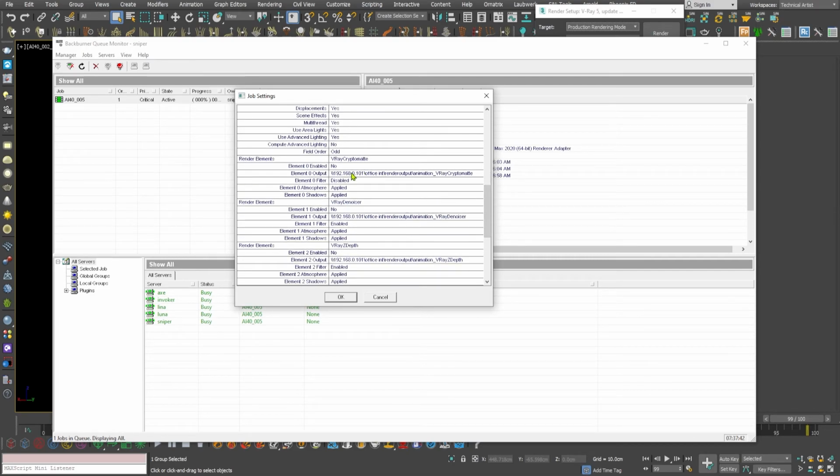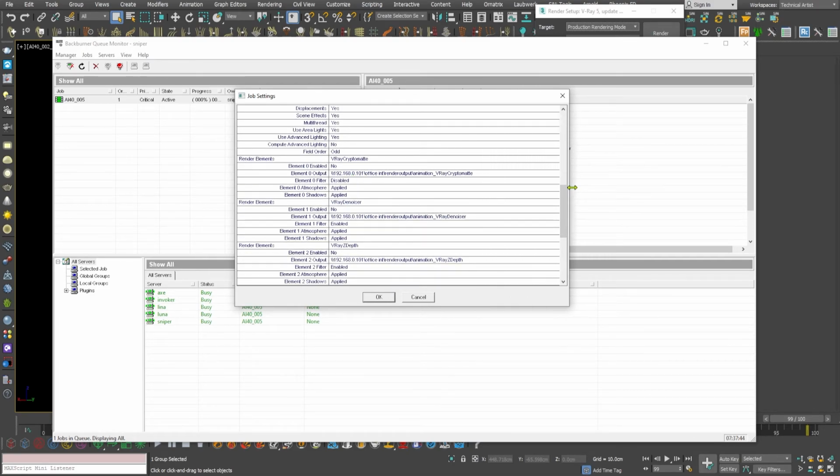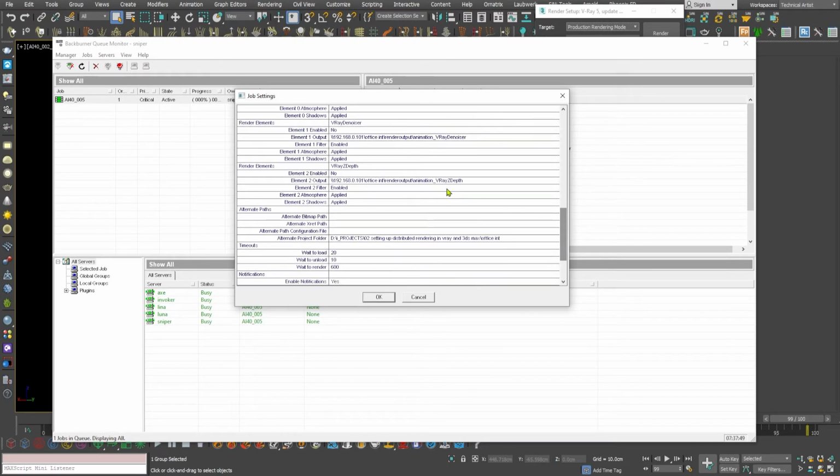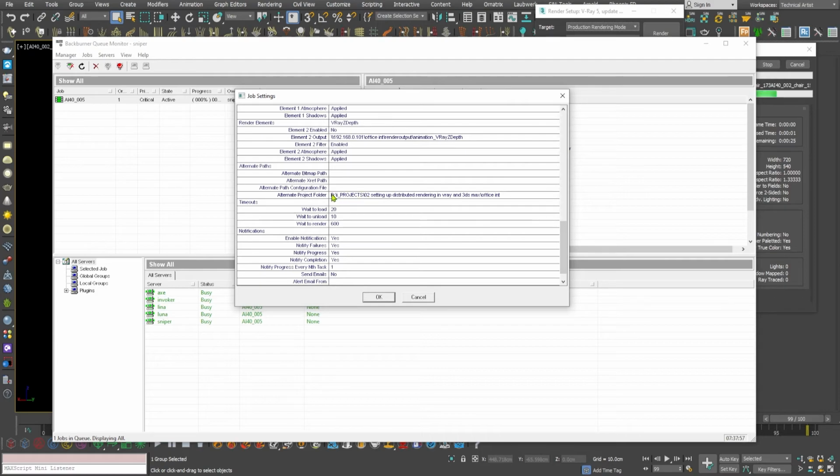And in here you can see the output path that we have set up for the render elements and the alternate project path. Remember, this was the project path that I was talking about.